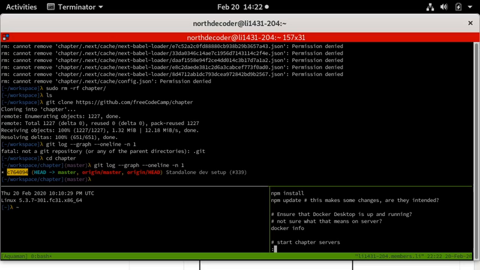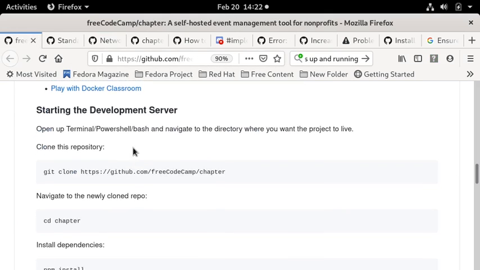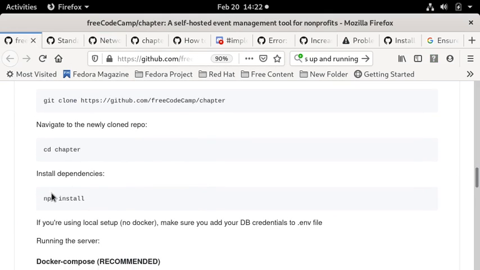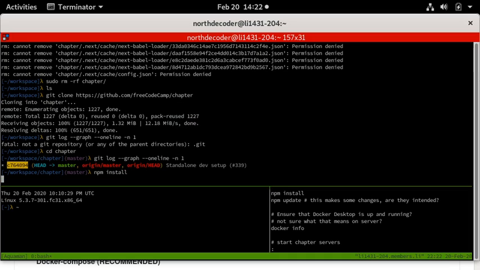So now it says that we should do npm install, and I'm getting this information from right here. It says install the dependencies, npm install. I do npm install, and it goes through quite a few